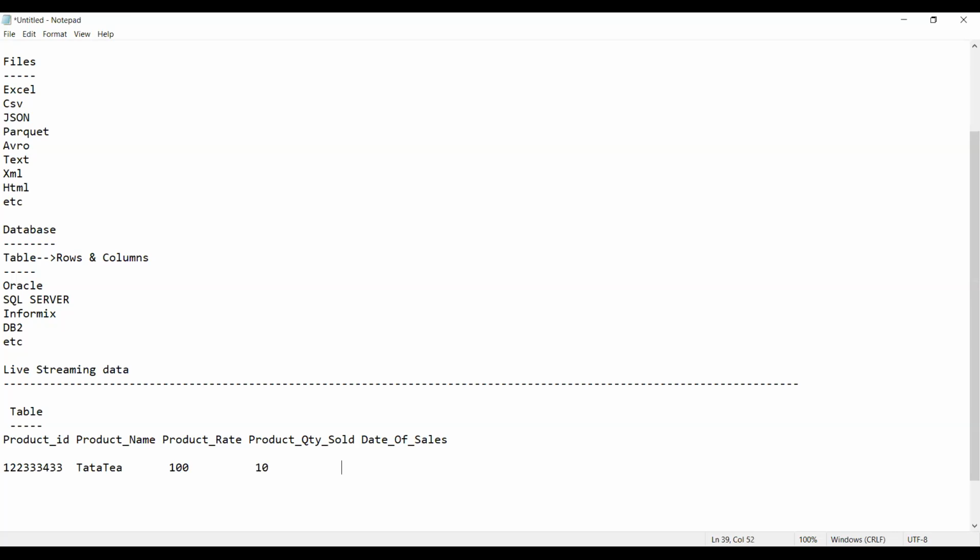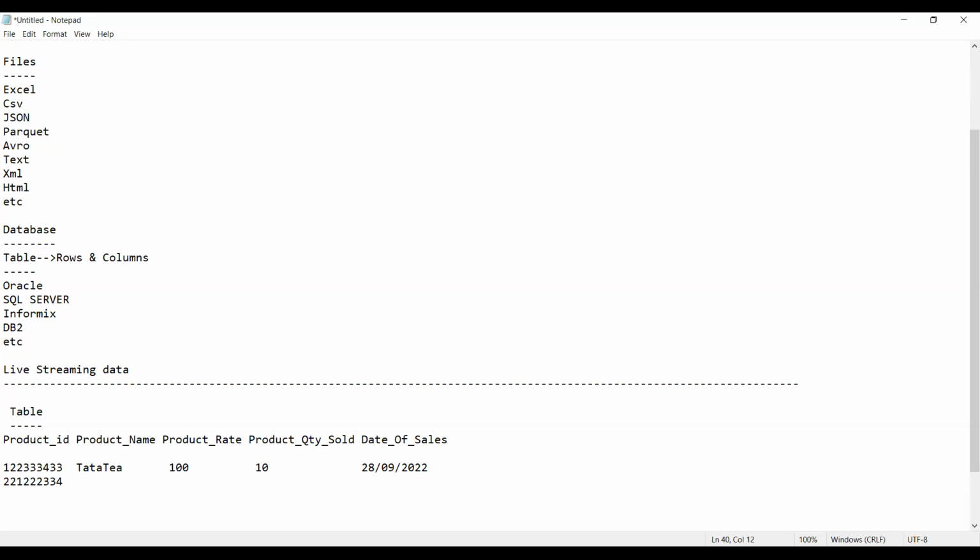And the date of sale, let us assume, is 28/09/2022. That means on this particular day, this many products were sold. Now I'm using something again like this.